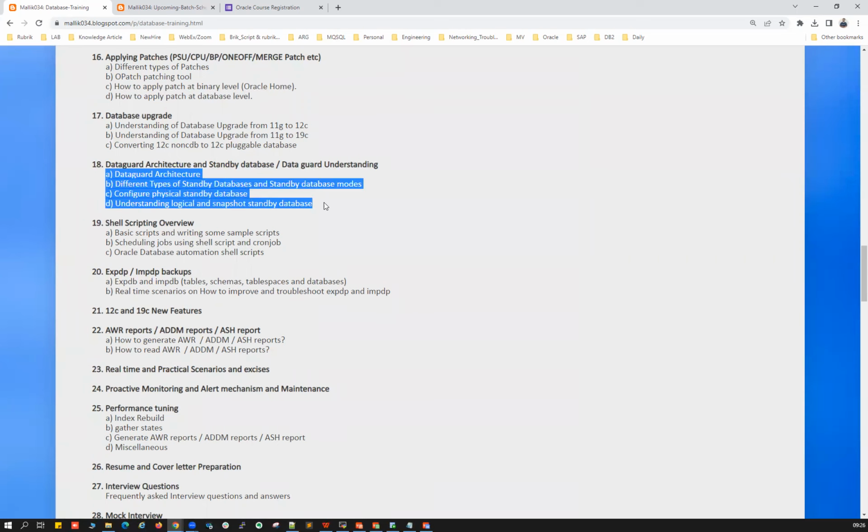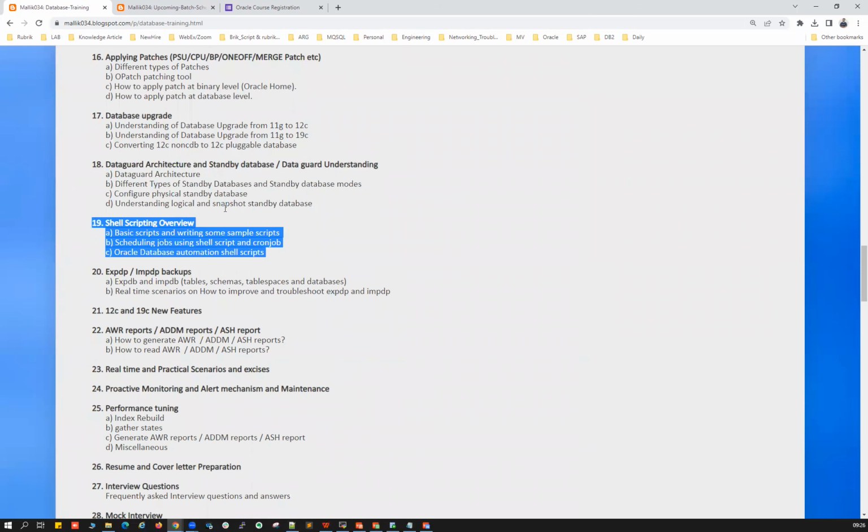The only thing is that I have not mentioned all those items in the list here, but they will be part of our course. And with that, chapter number 19, we're going to cover shell scripting as an Oracle DBA. The moment I log into my shift, because we work 24/7 as a DBA, whichever shift you work, morning, afternoon, or night, we have to do certain checks on a day-to-day basis: whether my database is up and running or not, whether my instance is up and running or not, whether my listener is up and running or not, whether we have enough space on my mount points, and enough space on my disk groups.